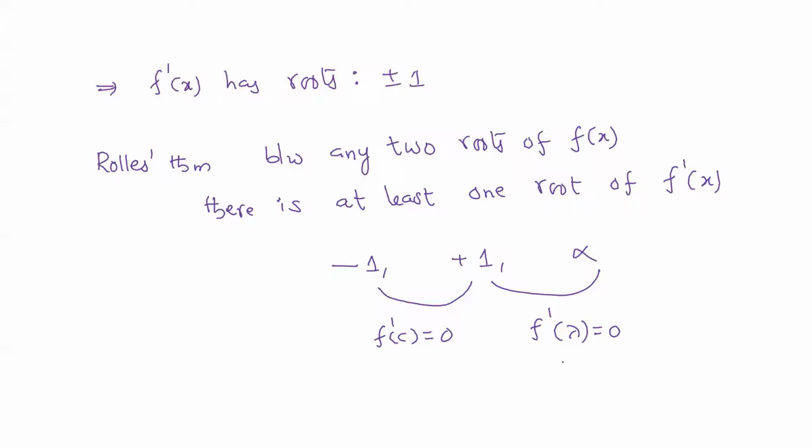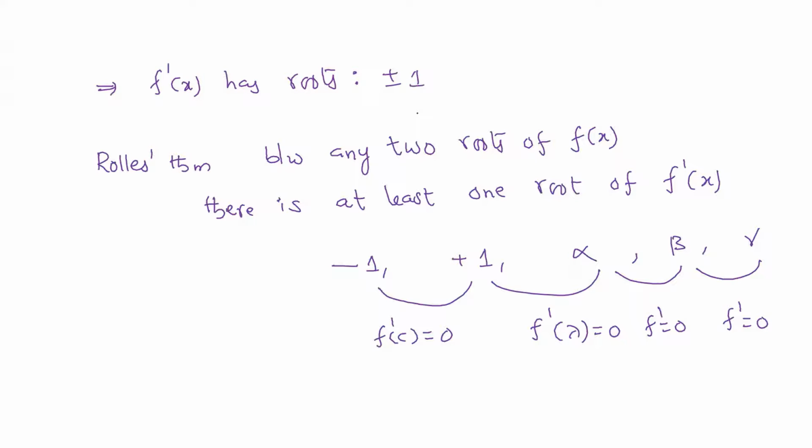If I assume the given expression a0 plus a1x plus a2x square plus a3x cube has a root alpha, but if it has more roots, let's say that expression has alpha, beta, gamma, let's assume all the roots are bigger than this. So we'll be having another root here, and another root here. So ultimately we got f dash equal to 0 between alpha and beta, and here also f dash equal to 0 between beta and gamma. So here we got at least 4 roots and 2 roots, we got at least 6 roots.